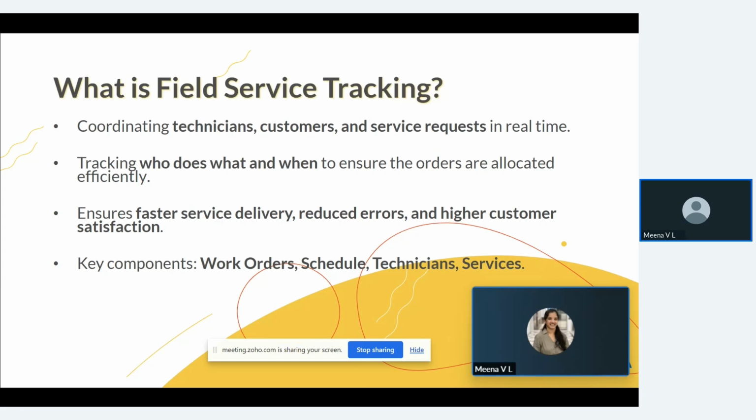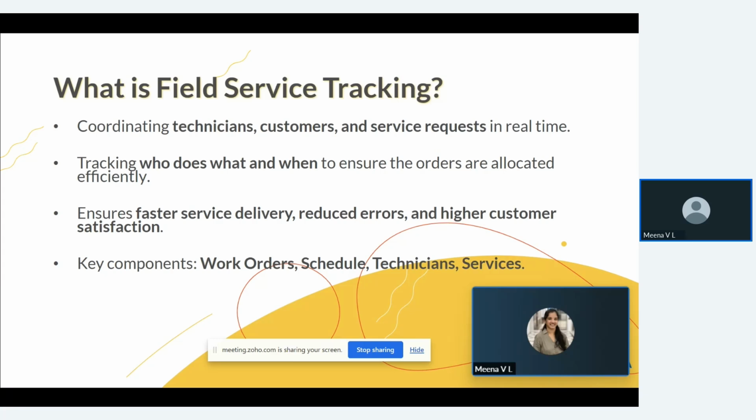So for every work order, we will have the allocated time and the allocated technician. Maybe if you want to check for a week, I have technician 1 who already has 4 services, and technician 2 who has only 2 services. Then the next service that comes in, I can add to technician 2. I need not overload my technician 1. So this kind of thing can be done using the app.